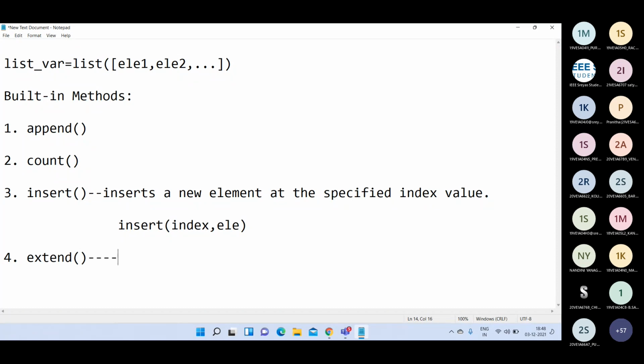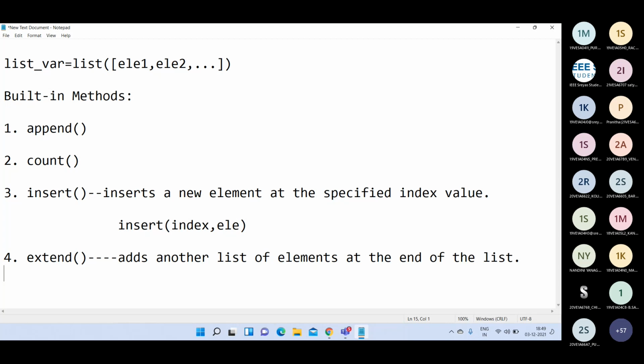Then there is one more function called the extend function. Generally by using the append function, we are adding one element at the end. Am I right? Otherwise, this function adds another list of elements at the end of the list.